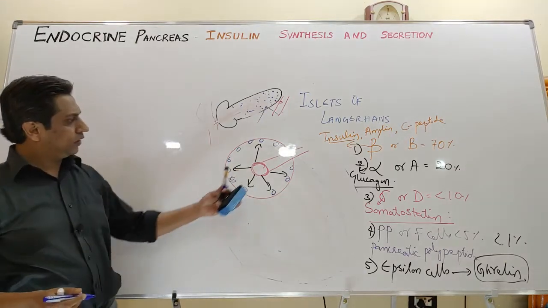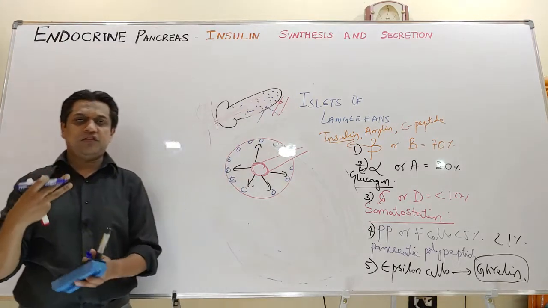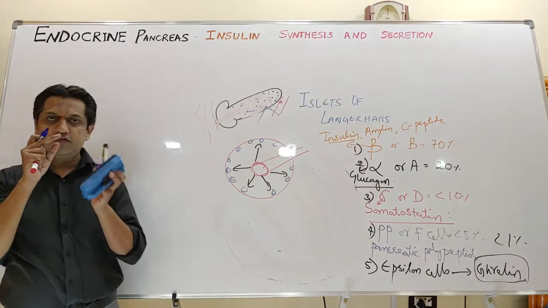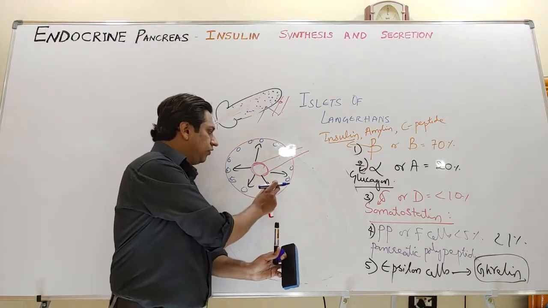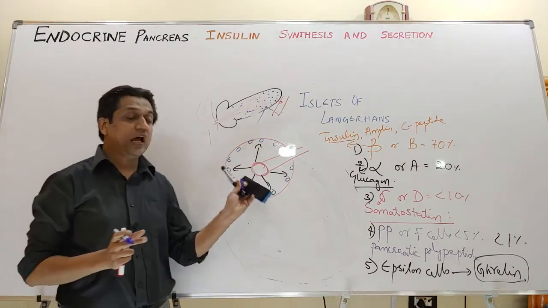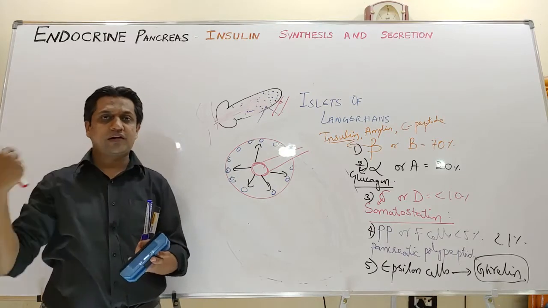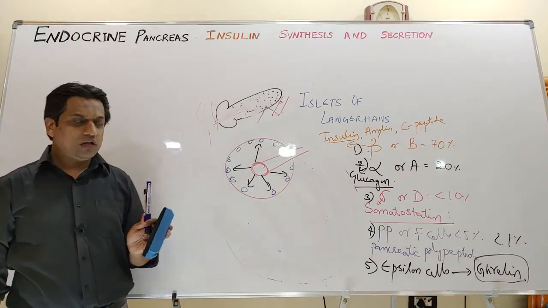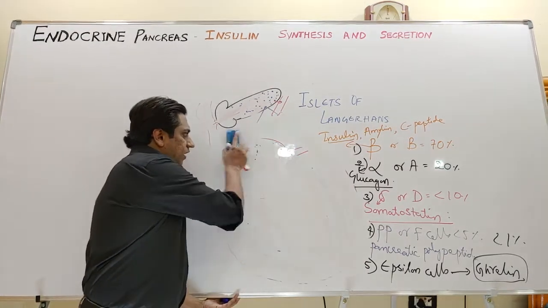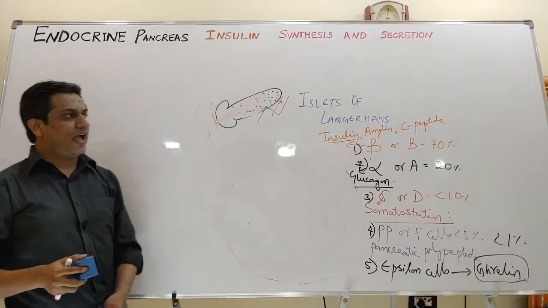The clinical significance here is that blood enters the center where the beta cells are situated. These beta cells secrete insulin, and this insulin, with the help of these capillaries, will go to the peripheral cells, that is the alpha cells, and act on them. This type of effect is known as a paracrine effect, that is, insulin will act on neighboring cells. So these are the very basic functional anatomy and histological structure of the islets of Langerhans.